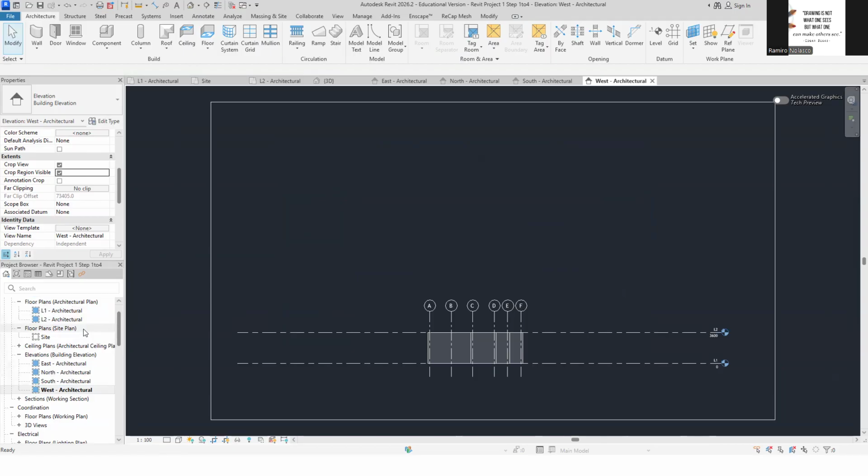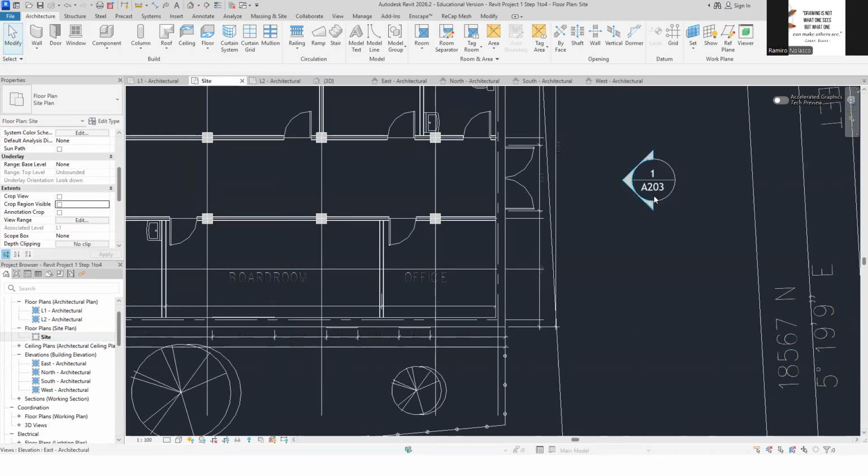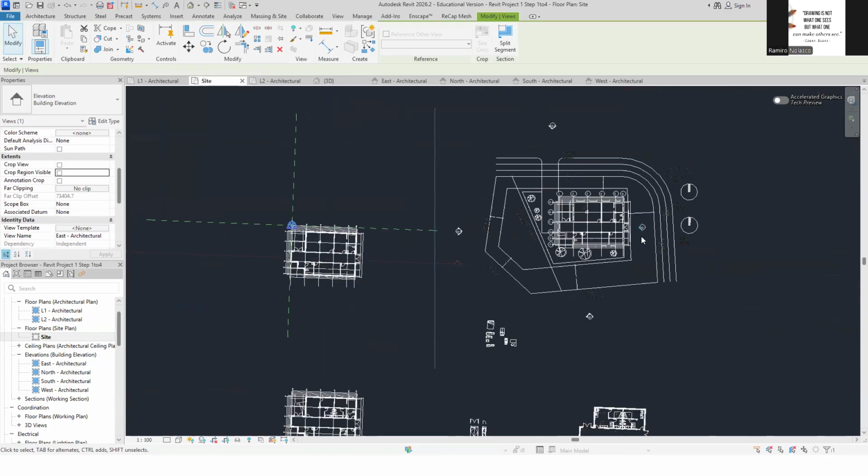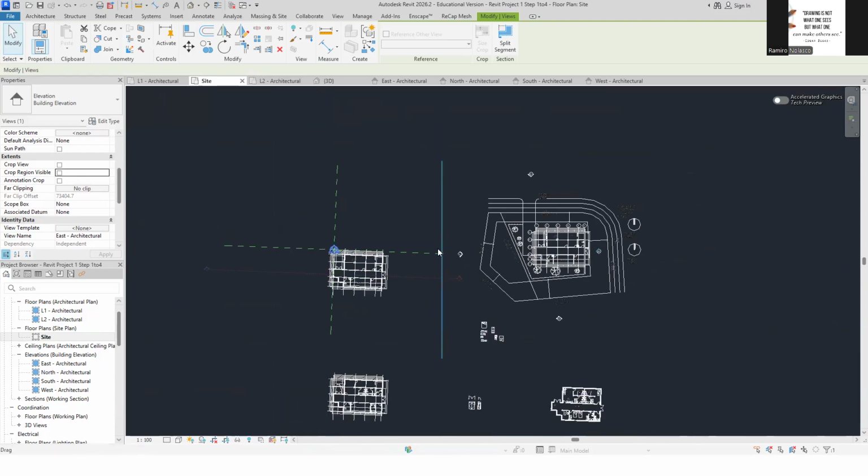Ah, maybe I know why. Okay, so select this and check where it is. See, this is a section line. Because I left the section line here, it's actually cutting the section and then looking at nothing. So I need to bring this here so that I can see my building. See, if I select this, there's that section line. I can actually cut the building by dragging this here.